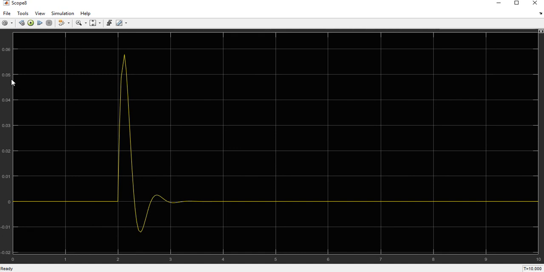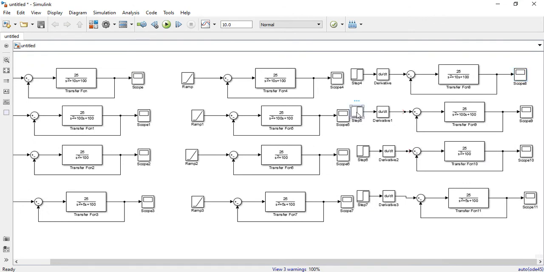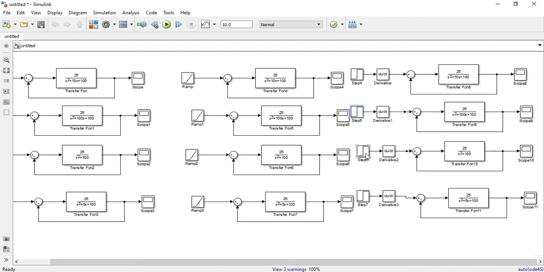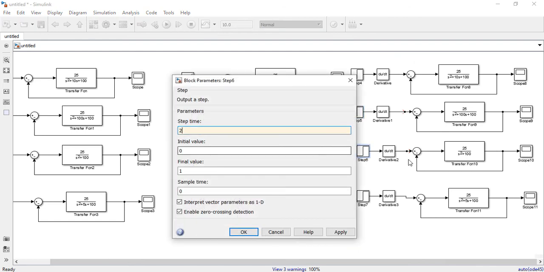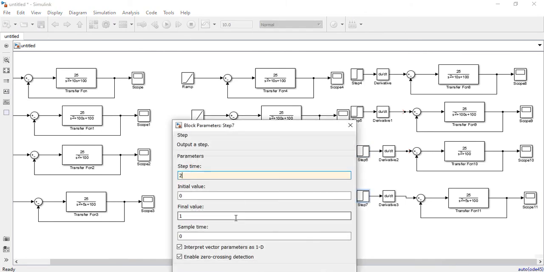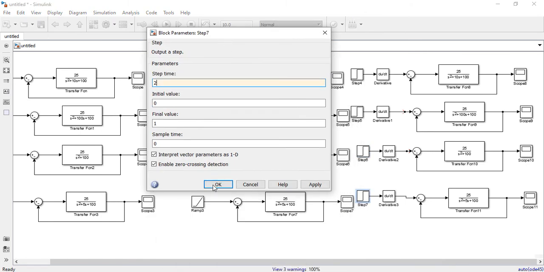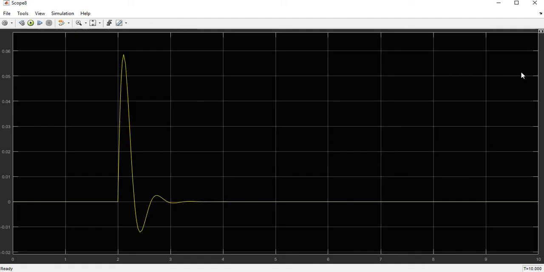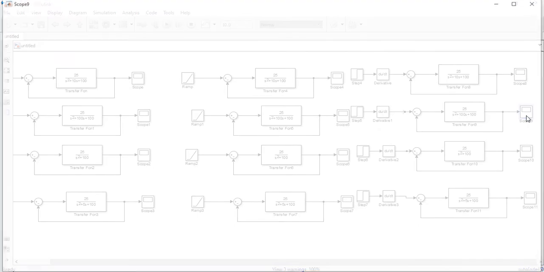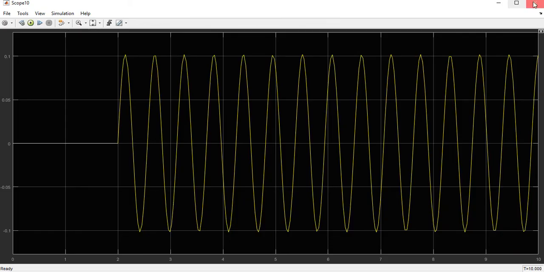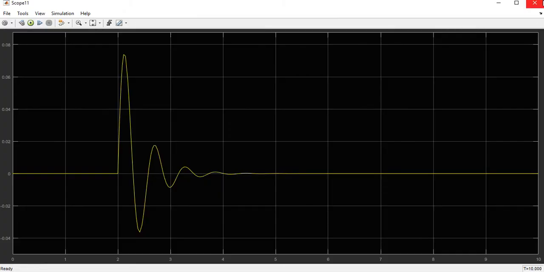Previously it was showing at 0, so we won't be able to see the perfect waveform. So by doing this, we will have step time equal to 2. I'm doing it for all. So this particular graph is for the various values of zeta, the impulse.